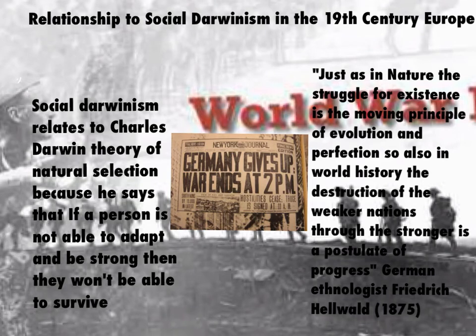Social Darwinism relates to the 19th century in many ways, and an example of this is in World War I, in which the Germans liked the idea that if a person is not in a strong society, then their chances of living a good life are very low. So when they wanted to attack Europe and take control over everyone, they had a strong society, so they thought that according to Charles Darwin and Herbert Spencer with their laws of natural selection and social Darwinism,